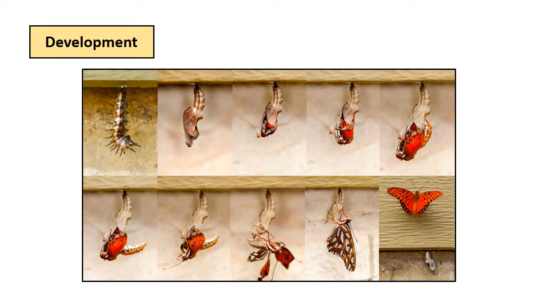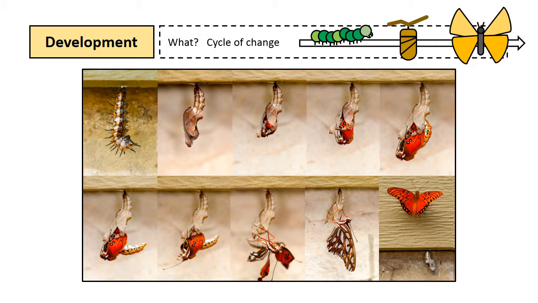Okay, in contrast to growth, this part doesn't actually require things getting bigger. This requires things changing, and that's development, and all living things do this as well. The simplest definition for development is a cycle of change, and an extreme example of a cycle of change would be